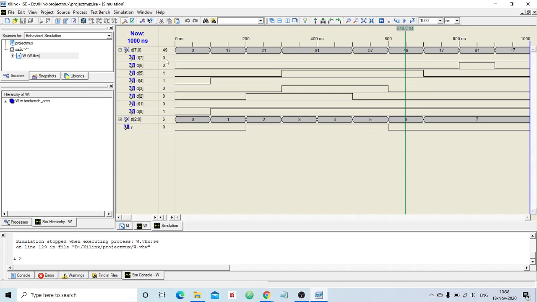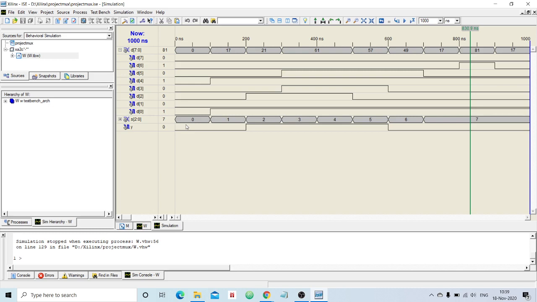I think this is better than going like this and seeing what is actually there. Similarly at 7, you need to look at D of 7, which has a value 0, hence Y will have the value 0. Clear? So now we have verified the multiplexer for all possible values of the selection lines, and it is working fine. Now I can decide I have successfully completed the experiment.